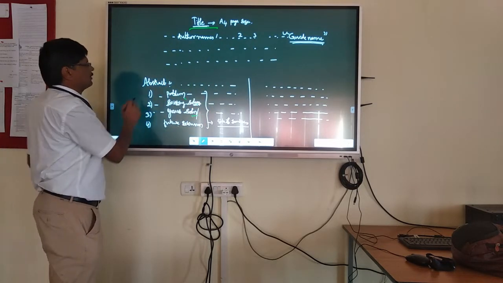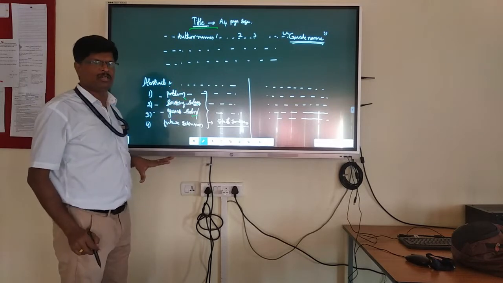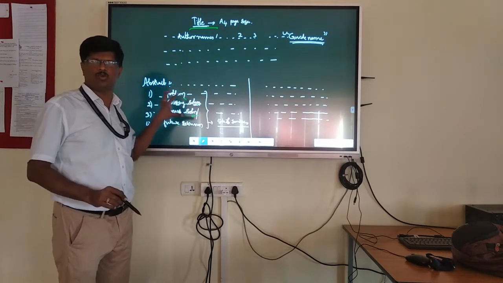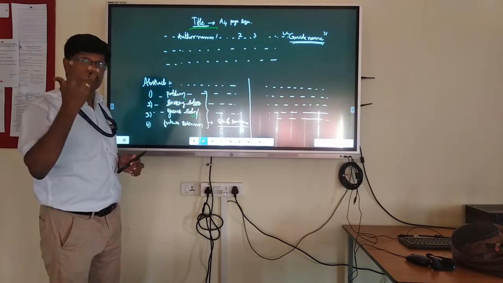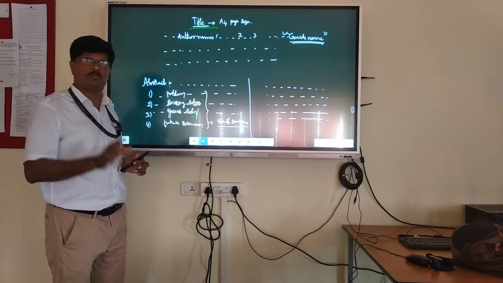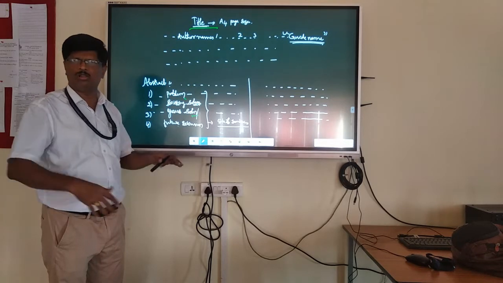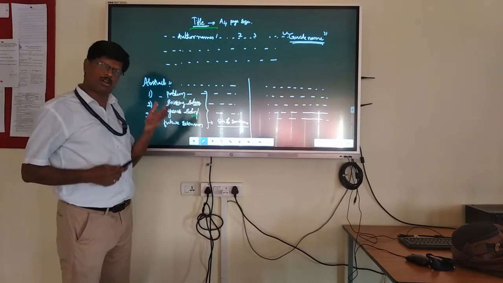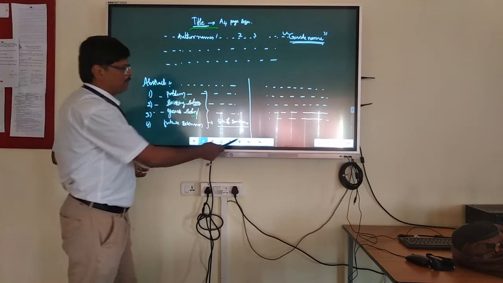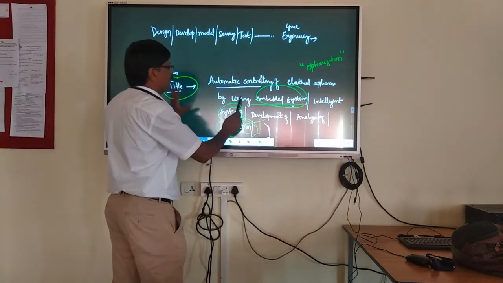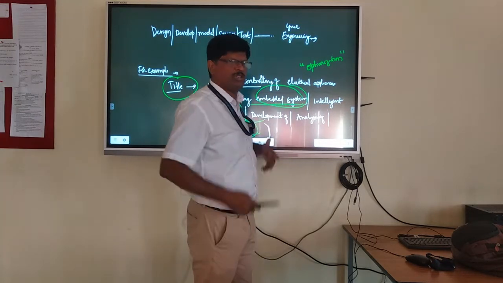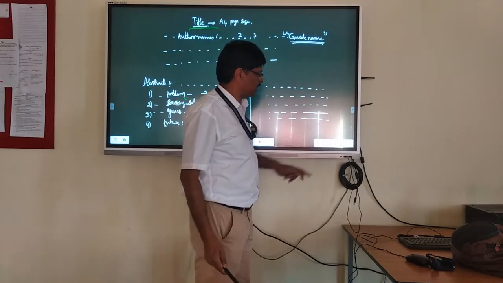Then immediately the abstract. Very, very important. The abstract is 5 to 6 lines, 5 to 6 sentences only. What should it say? It should say the full story. See one IEEE paper in Google, you will see 3-4 papers, you will understand. Read only the abstract. For example, just now I said this is the application: automatic controlling of electrical appliances by designing embedded systems, intelligent systems. Let's say this is the title.